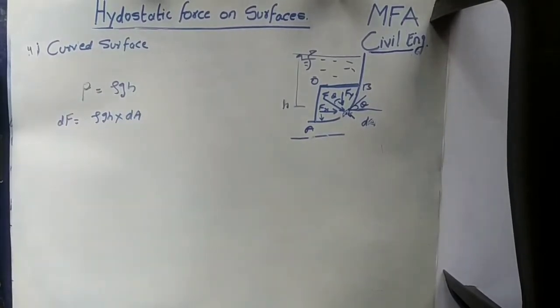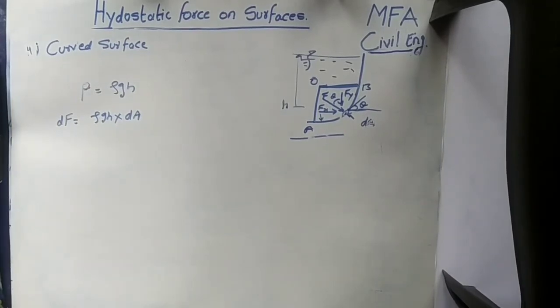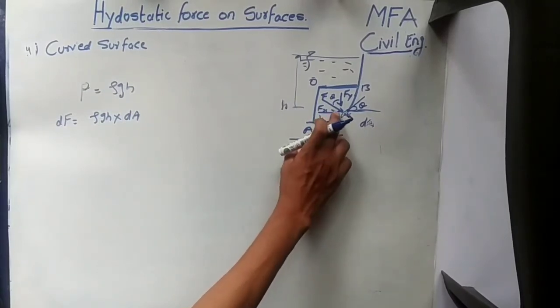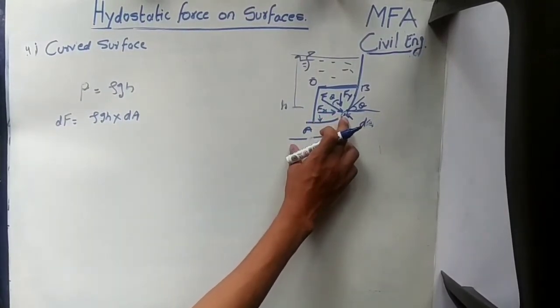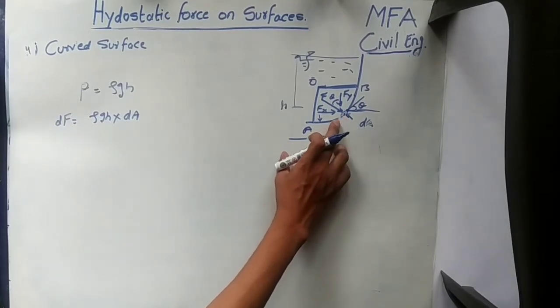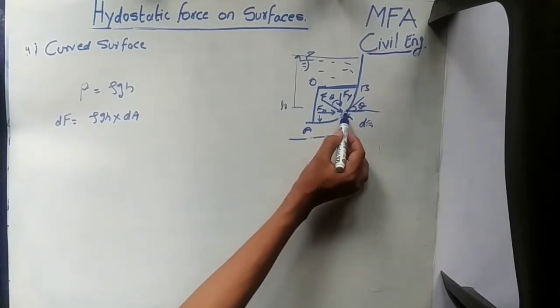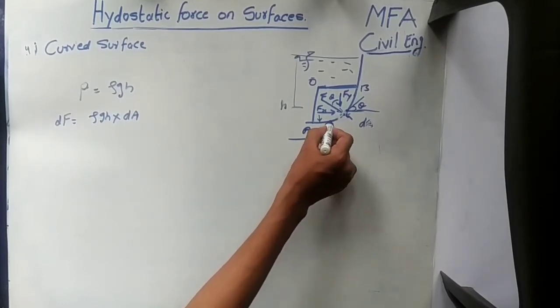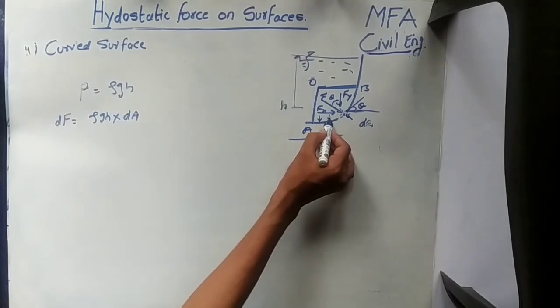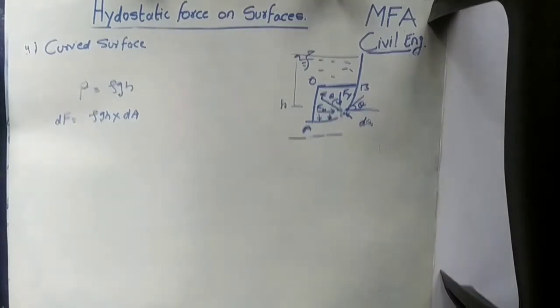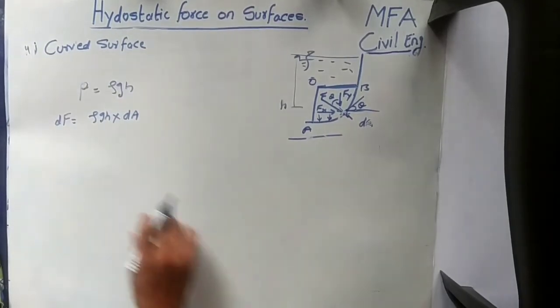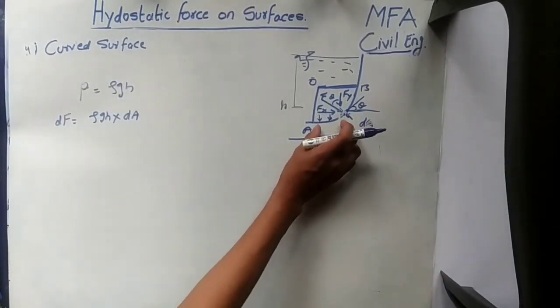In the previous cases we got the total pressure acting on the plane by integrating this value, but in this situation, due to the curved surface, the normal force acting on the surface has a different direction from one point to another point. Suppose in this area the pressure force direction is this way. When we consider this surface, the normal pressure force has this direction, so the direction changes. By integrating this equation we cannot get the total pressure acting on this curved surface.